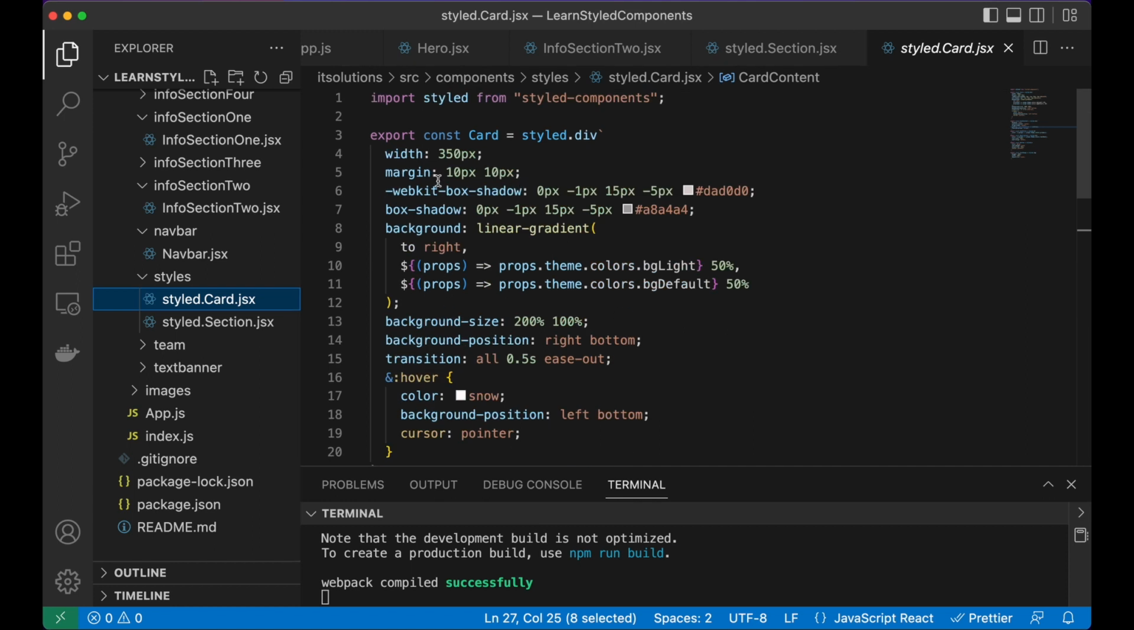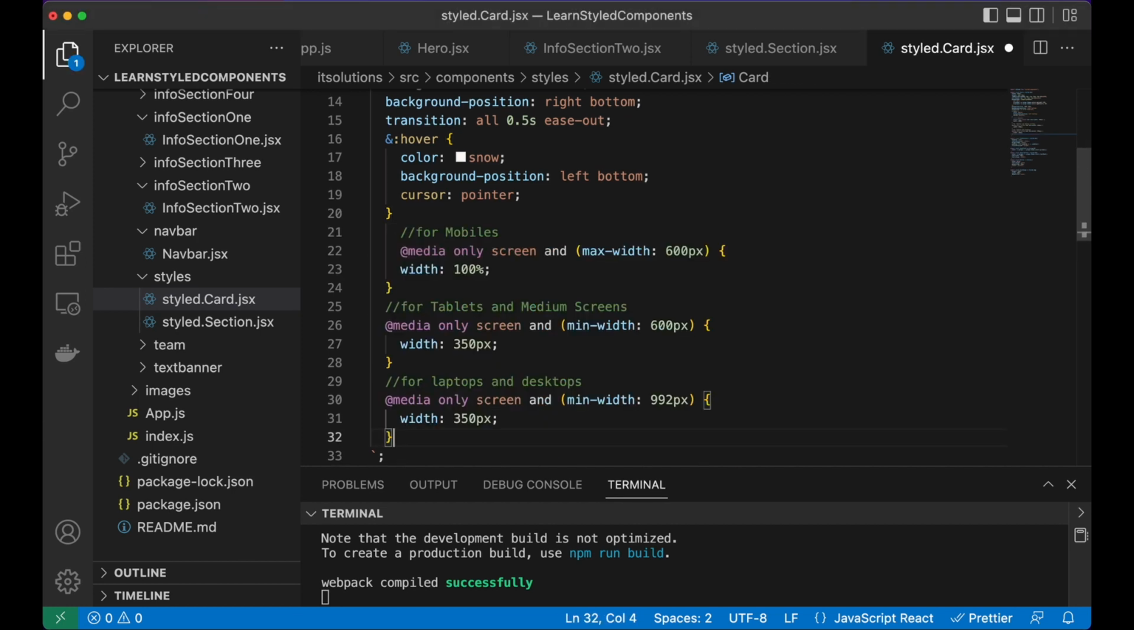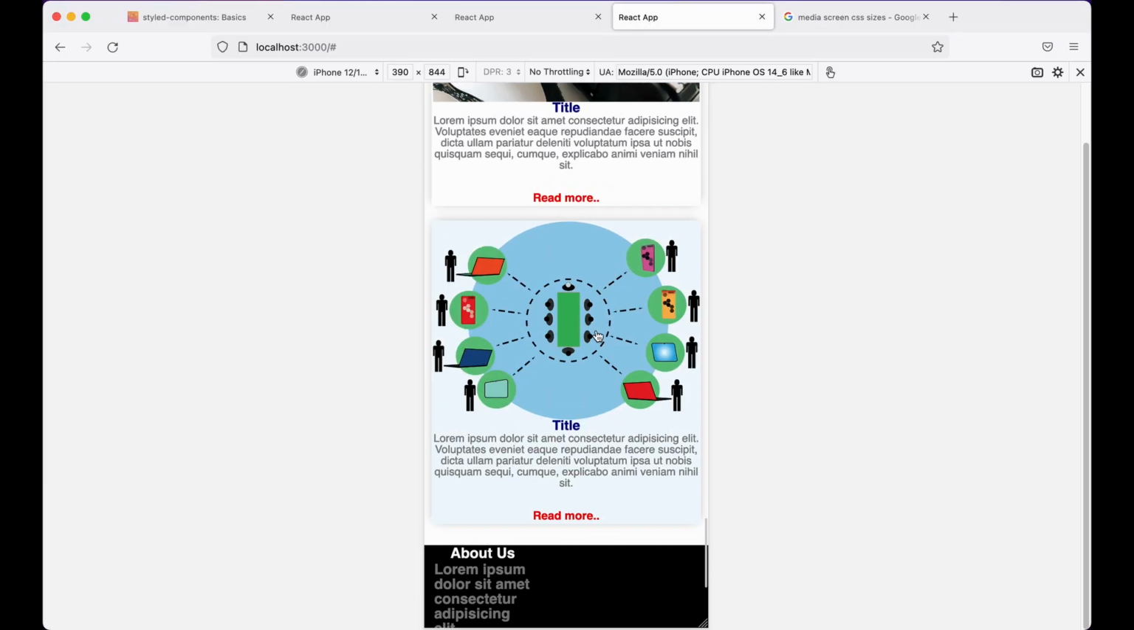Now for the first one, the width is 350 pixels, and I'll make this 100%. So I'll just copy everything and paste it just here. As you see, I'm just using the width of 100% inside mobiles, but for the others it will be the same. Let me save this, and if we go back, you can see all the margin is gone,